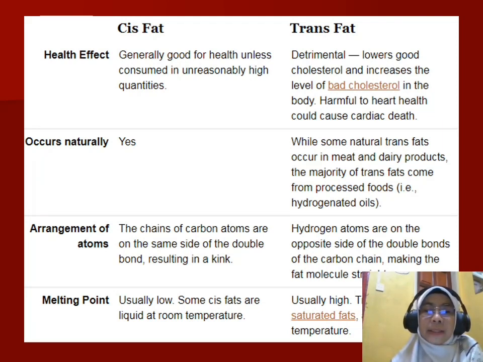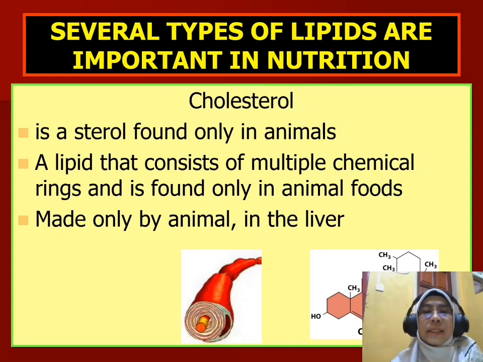How about melting point? For cis fat, usually low melting point, and some cis fat are liquid at room temperature. And for trans fat, melting point is really high. Okay. This is several types of lipid,